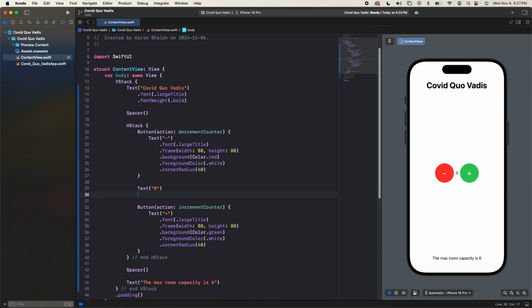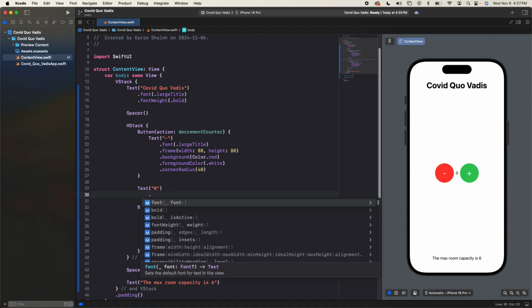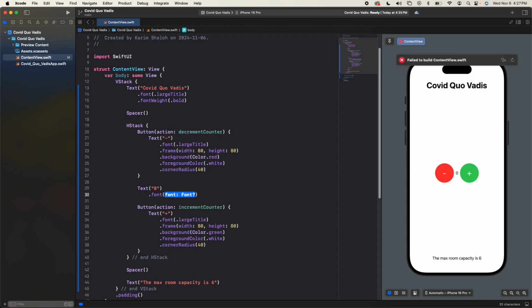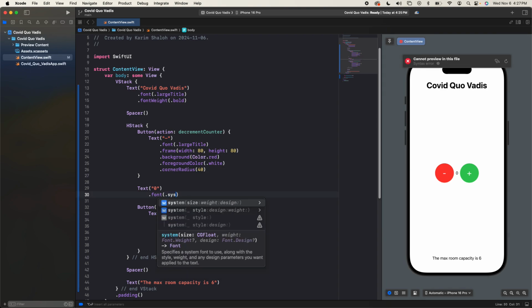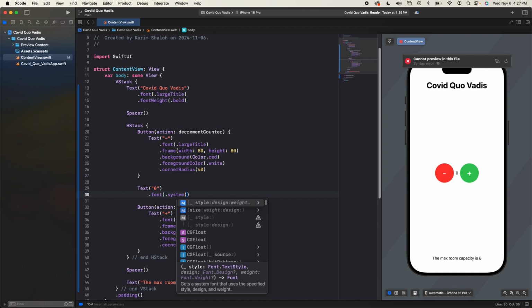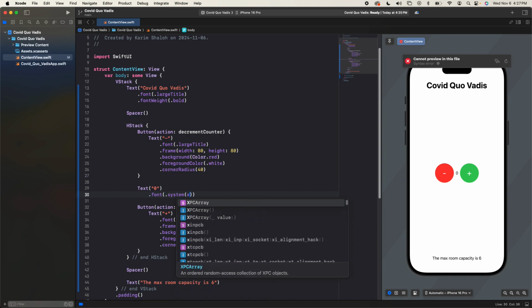Let's modify the counter text. Let's give it a font size first of all. So we'll say font. Actually, what we'll do is, I'm not going to use an actual named size, a pre-selected size. I want to enter my own size. So how do I do that? We'll say font, and in here we'll say dot system, and system will allow us to manually put in a bunch of parameters. So we can say size is one of them,